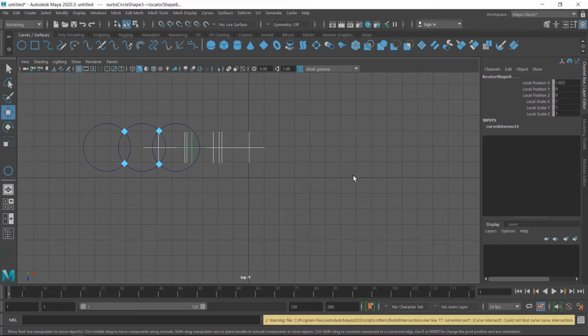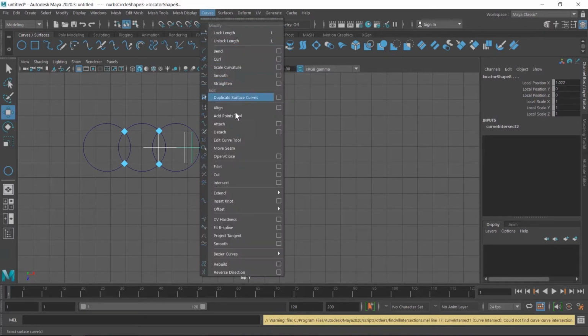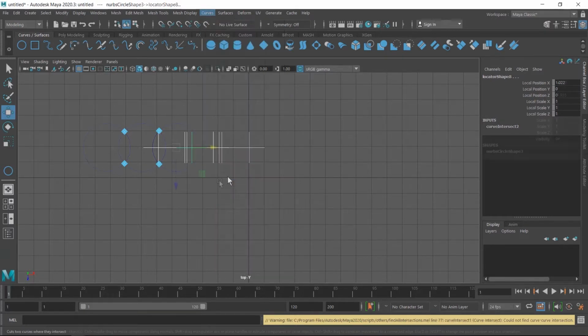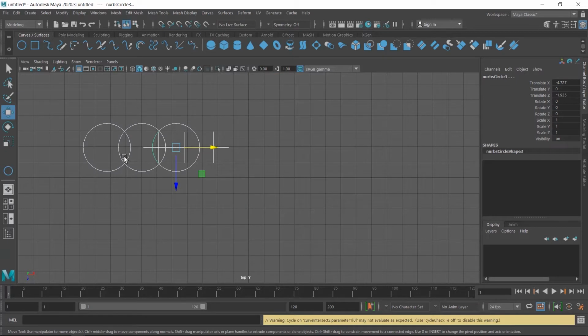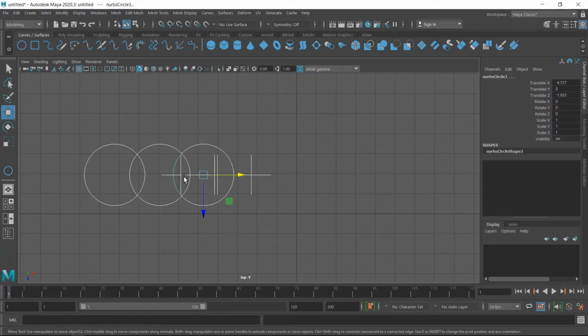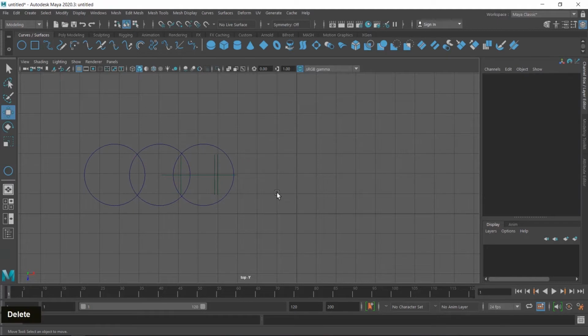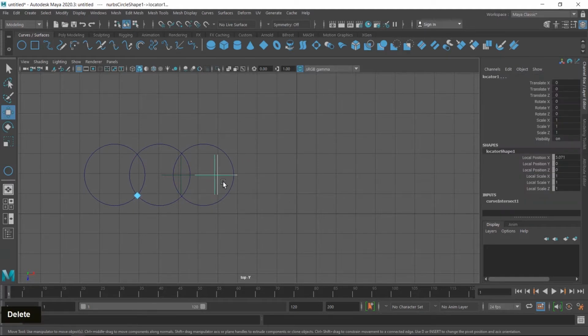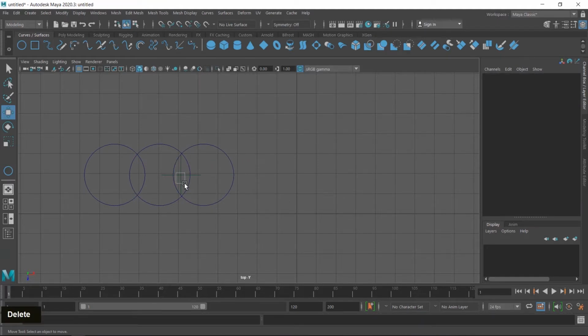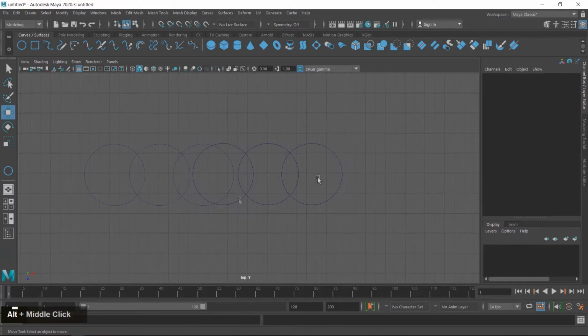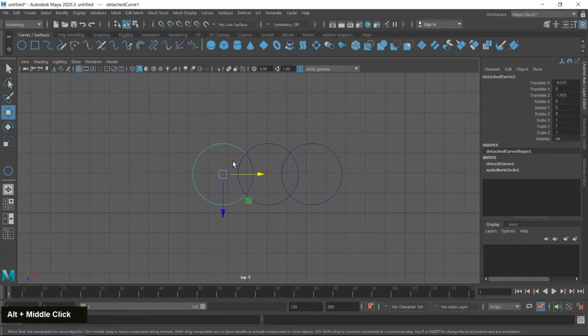I close this dialog box and then go to curve and click on cut. These shapes are cut by the cut tool at the intersecting points, and after applying the intersect tool, some horizontal and vertical lines are created. So first I delete these lines. Now you can select these shapes separately.